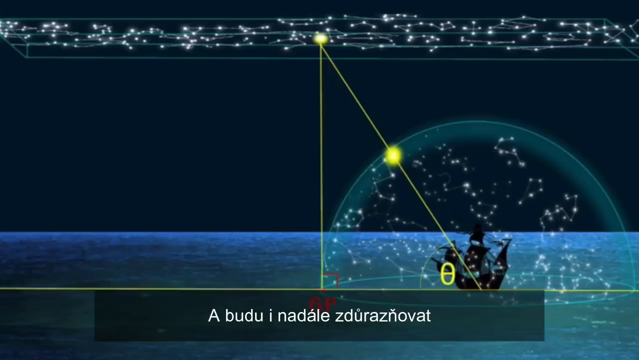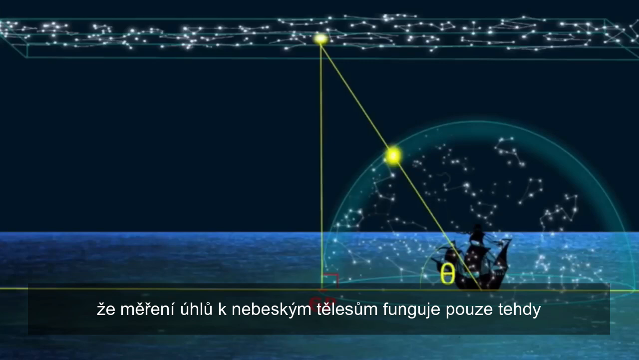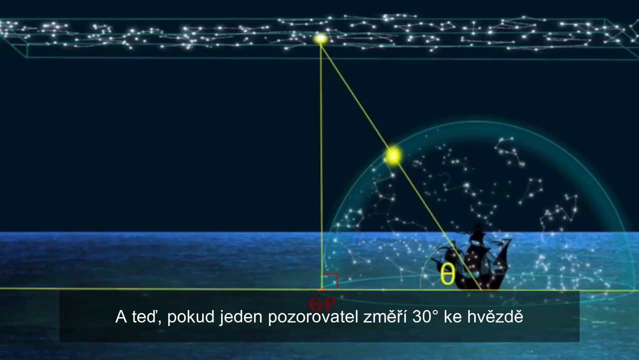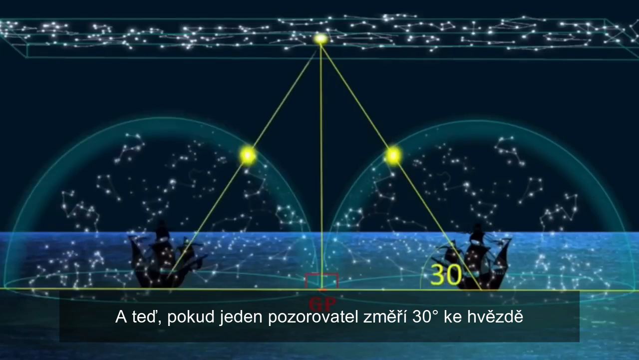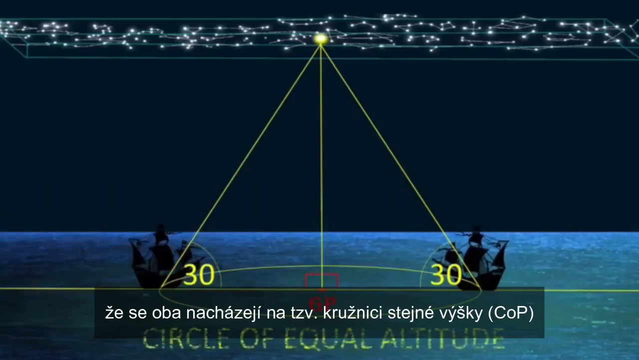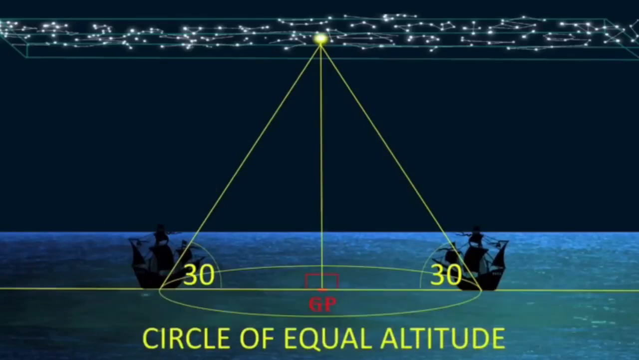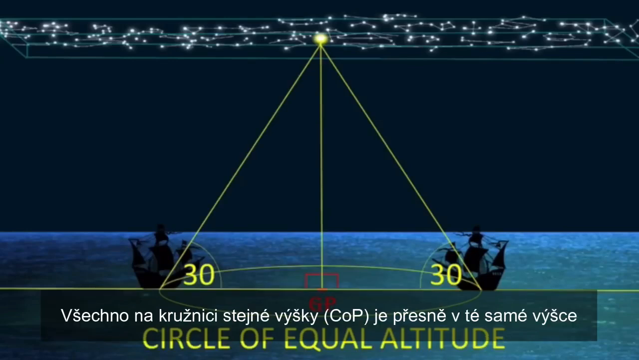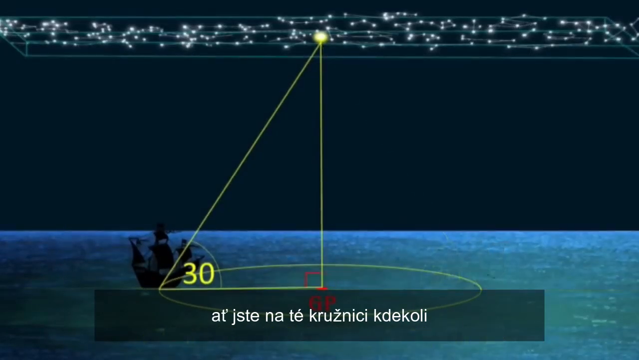And I'll continue to point out that measuring angles to celestial bodies only works if we are on a flat plane. Now, if one observer measures 30 degrees to a star and another observer measures 30 degrees to that same star, we can conclude that they are both on what's called a circle of equal altitude. And this is another killer blow to the globe right here. Everything on that circle of equal altitude is exactly that, equal altitude. No matter where you are on that circle, you're going to